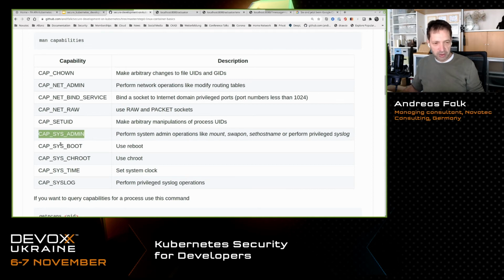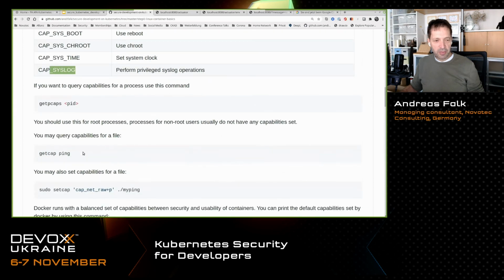Then you have the capability to reboot your system, for example, which could be dangerous. You can change root, for example, to give another root file system. You can change the system time, or also access privileged syslog operations. So the system log is also a privileged part. Not everybody could just access the system log.